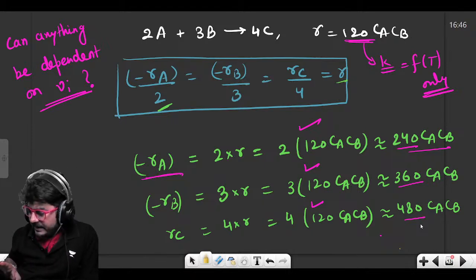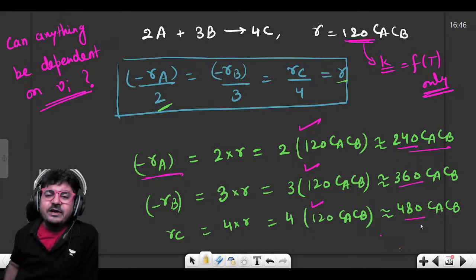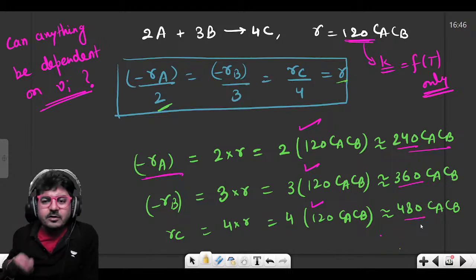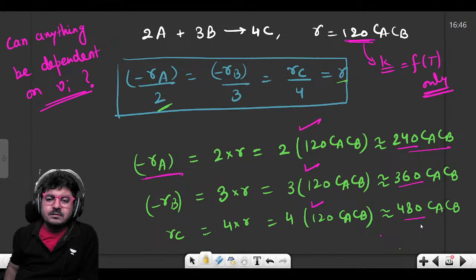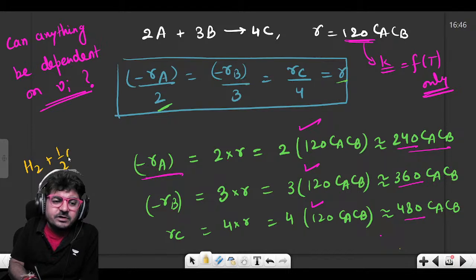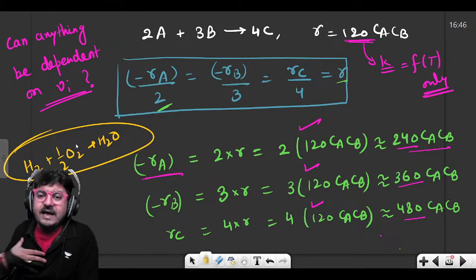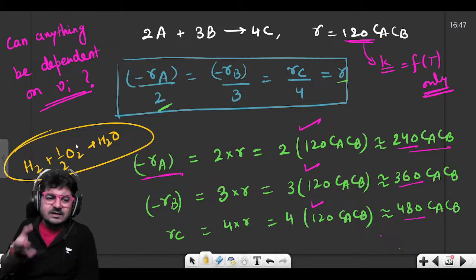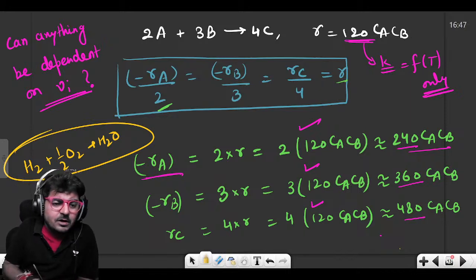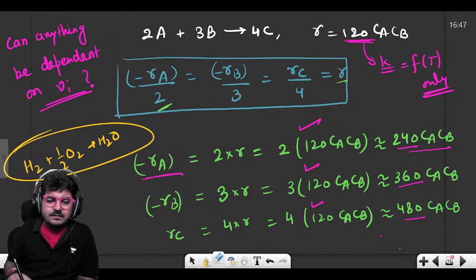So independent variables are those which we can change freely. Can you change the stoichiometric coefficient of any reaction? Tell me. Can you change the stoichiometric coefficient of any chemical reaction? Like अगर मैं आपसे कहूँगा वाटर सिंथेसिस की रिएक्शन लिखो, आप बताओगे जी वो ये होती है। क्या इस रिएक्शन को आप स्टोइकियोमेट्रिक कोएफिशिएंट्स को आप चेंज कर सकते हो एट योर ओन विल? नो, ऑल दीज आर फिक्स इन नेचर, वी कांट चेंज। क्या इसे मैं ऐसे बना सकता हूँ, H2 प्लस 2O2 गिव्स H2O? नहीं बना सकता ना।